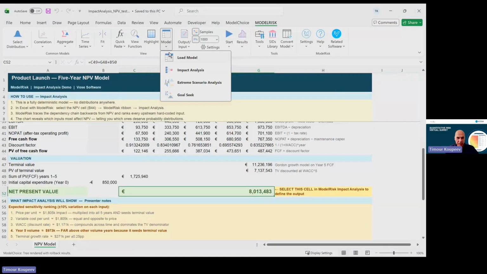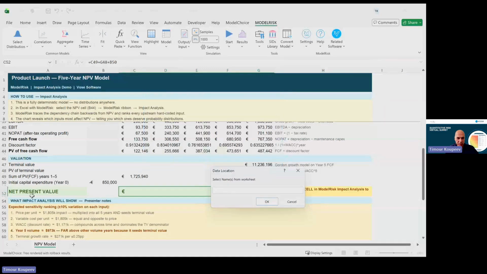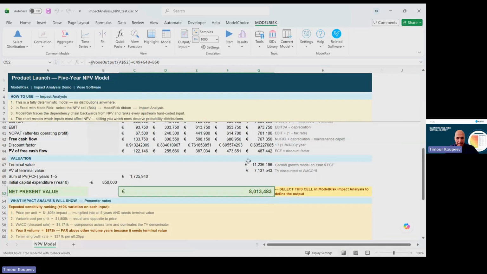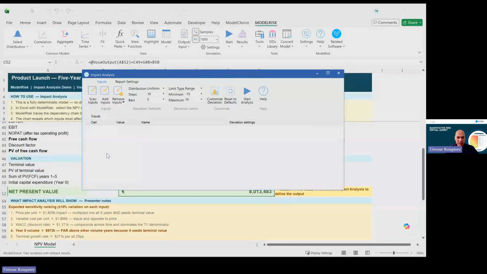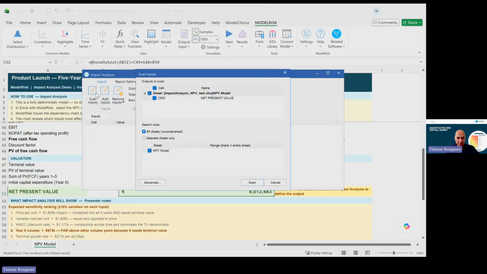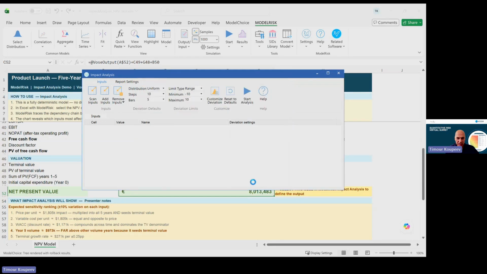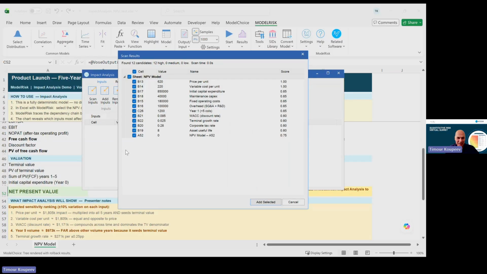So what I'm going to do now is mark this cell as an output distribution. So this was an output. All right. And now I'm going to go to Model Impact Analysis, and I can add the cells that I think are feeding into the output, or the output is dependent on. But what I can also do is just scan the whole workbook and define those candidates. So I'll click that and go scan, and then it scans the whole workbook. It scans the precedents,